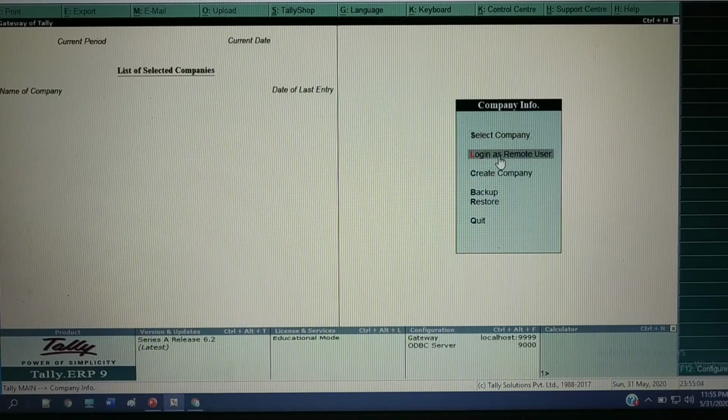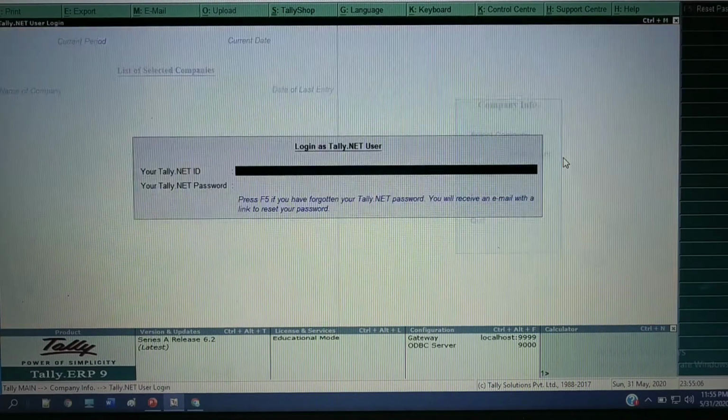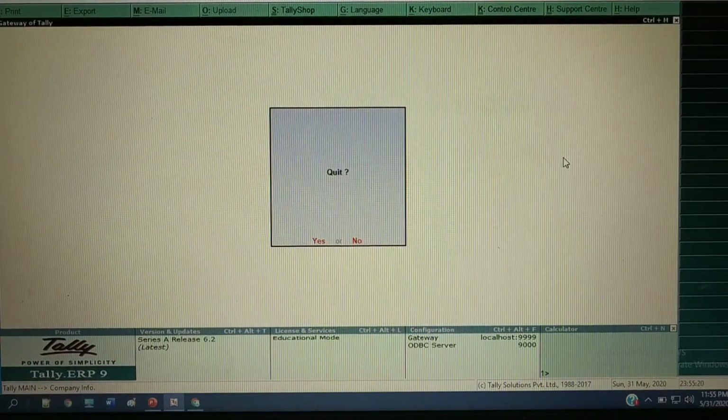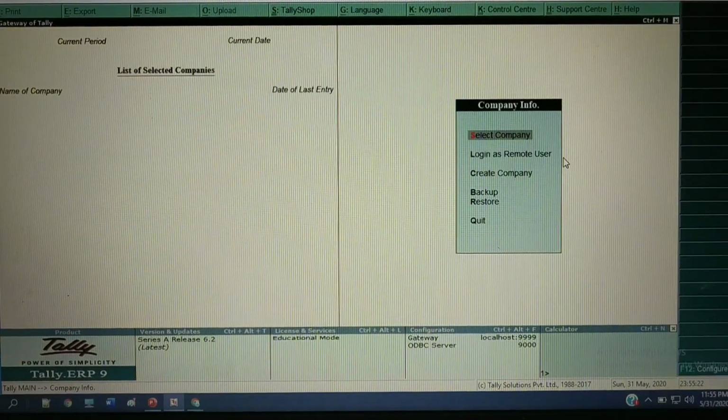Whenever you click on Login as a Remote User, you get an ID and password prompt. Whatever ID and password you have given for the company, you need to enter, and then it will automatically log into the company.